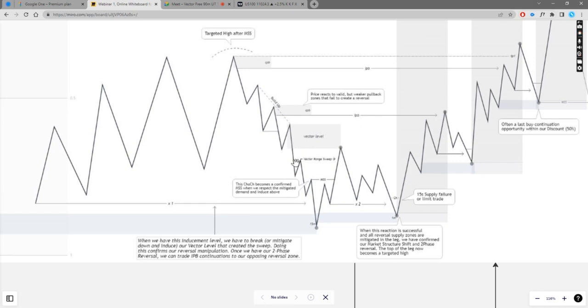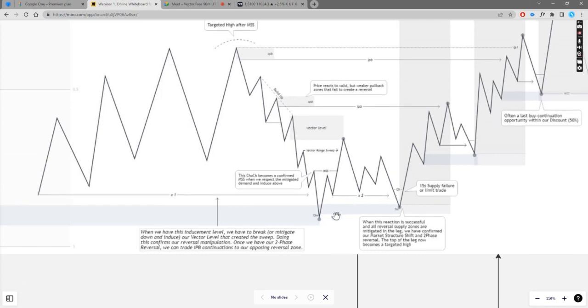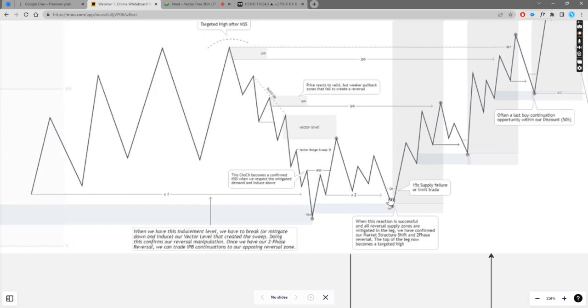We also have a vector level, which I'll go over soon, but essentially your vector level is that last point of, in this case, last point of supply. And it's very important how we react to our vector level, because it will determine whether we're creating weakness or we're creating strength. In this case, we grab that last point of supply that was responsible for that sweeping move, and we induce. We grab this demand here that had that shift, and we take out that liquidity,